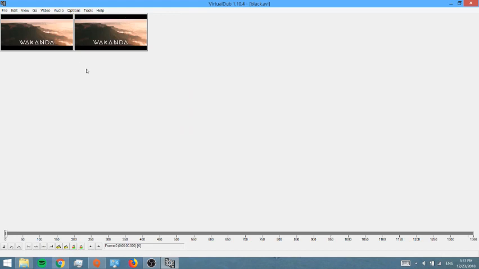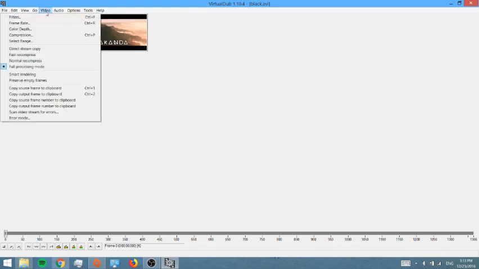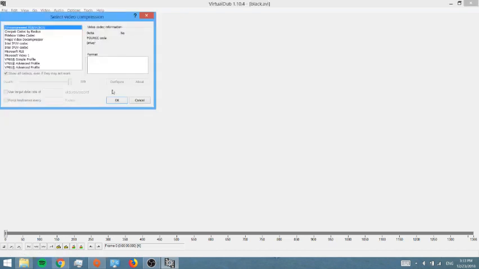Now you don't have that variable bitrate message come up. So now it's a constant bitrate. Now you want to edit the video itself. So compression,